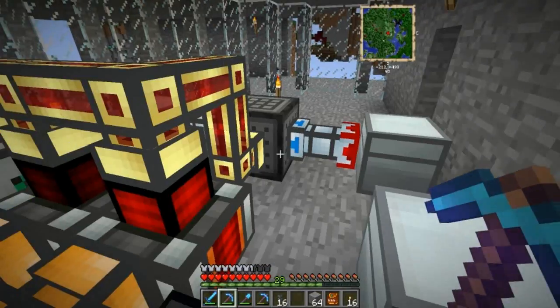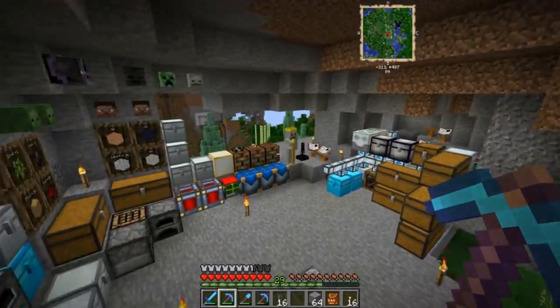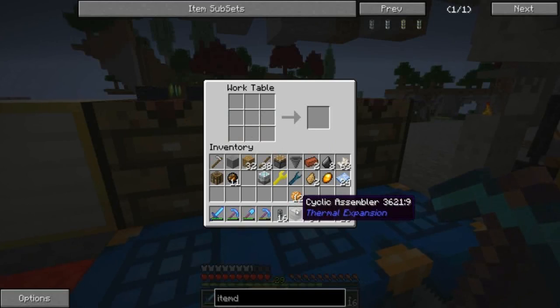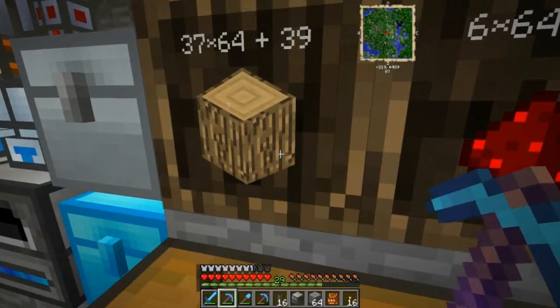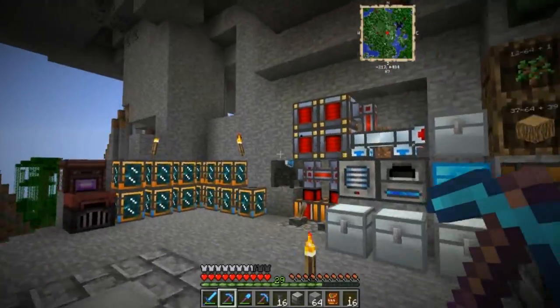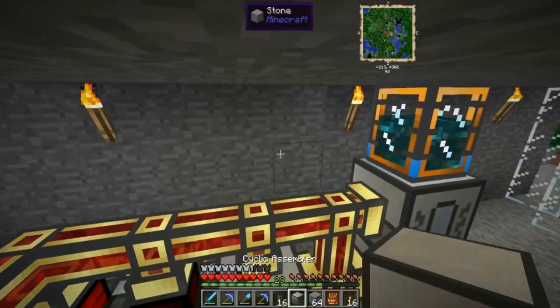So let's go over here momentarily. I want to use a machine I've never used before. I thought about the sawmill, but I think that's going to be too slow. But the cyclic assembler should be fast enough. From what I understand, if you make a schematic, which I believe you have to do in the workbench here. So if we put that in there, that's obviously the recipe. If we write it to the schematic, then we can take the schematic. And if we hook this thing up to power, we'll just put it...